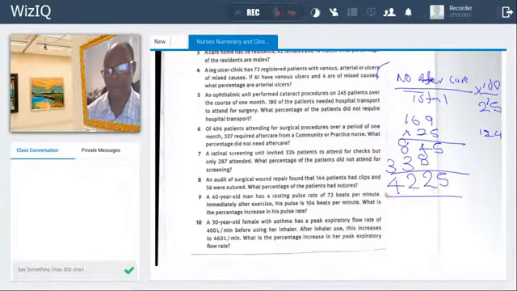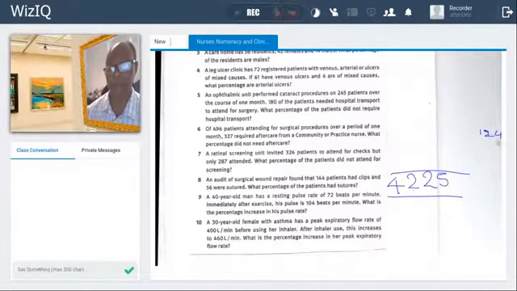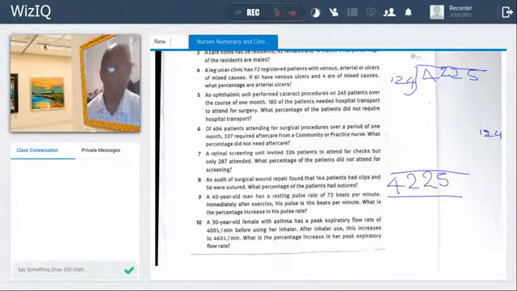Okay, so this is the number I need. Now I'm going to have this number divided by this number. So I have 4,225 divided by 124. Okay, so that's the number I need. That's 4,225, and I'm going to divide by 124. Okay, right. So 124